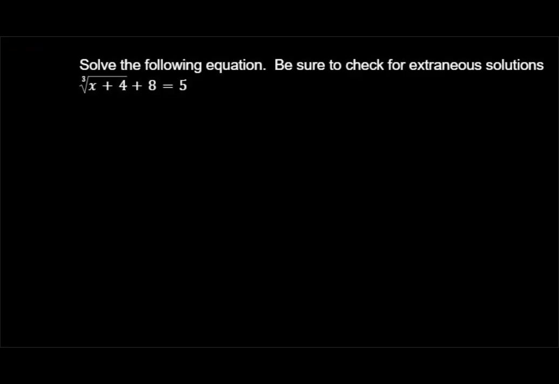Okay, so in this one we're solving another equation. This time though we have a cube root, so we have the cube root of the sum of x and 4 with a plus 8 on the outside equal to 5. So we're going to start by getting rid of anything outside just like we do for square roots. So we'll subtract 8 on both sides, giving us the cube root of x plus 4